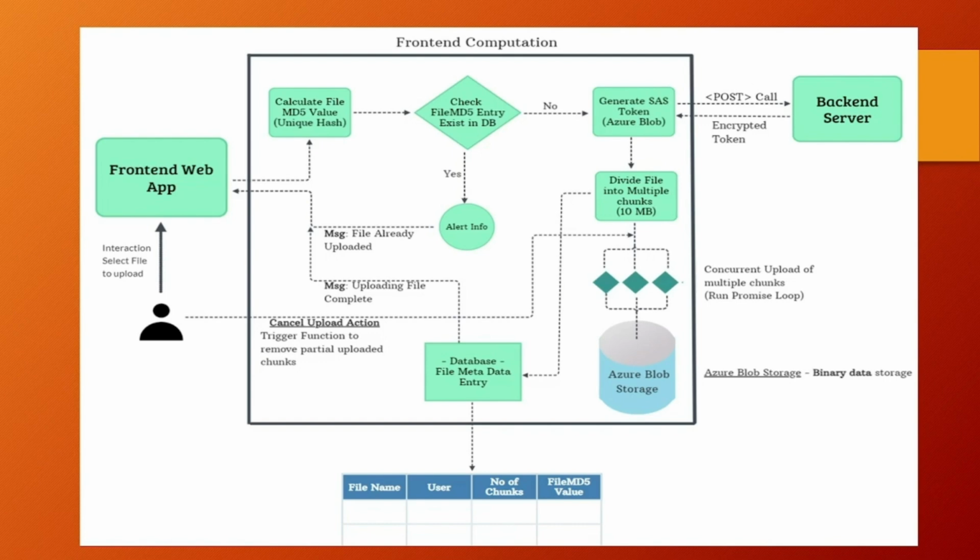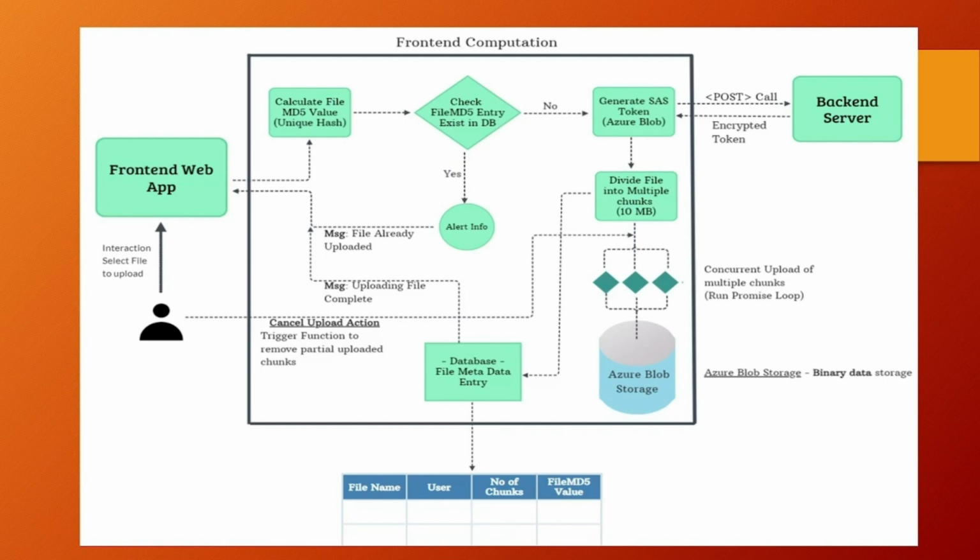In order to get a SAS token, we make a POST call to our backend server. It gives us an encrypted token, which we can use in our front end. That particular token helps us upload a file to the Azure Blob Storage. It does all the authentication and authorization for us. And since the selected file can be very large, even in GBs,